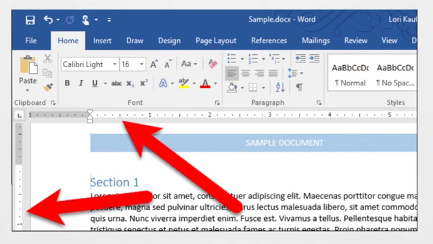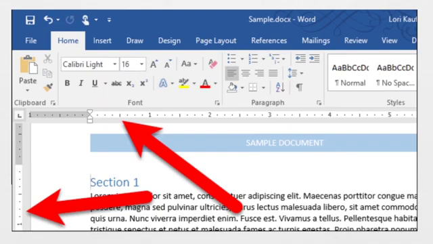When the double-headed arrow appears, you just have to drag your mouse up and down to increase or decrease the margin. When you want to increase the margin, go down. Want to decrease the margin, go up. Fine. Like that we can increase or decrease the margin. So this is the way that you can use the ruler to change the bottom or top margin.